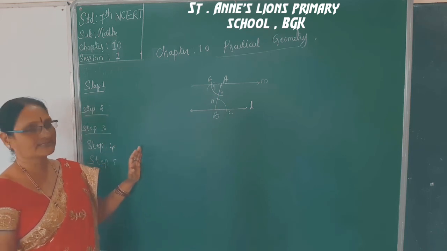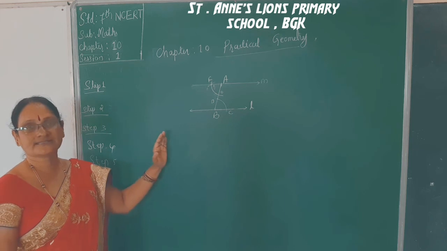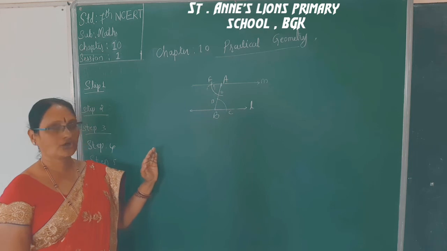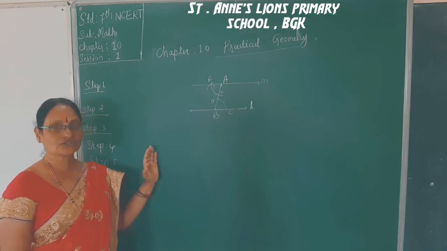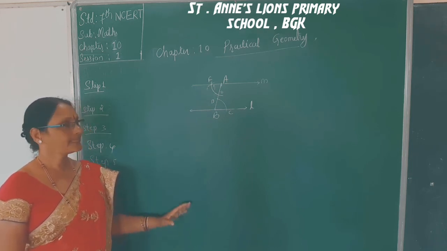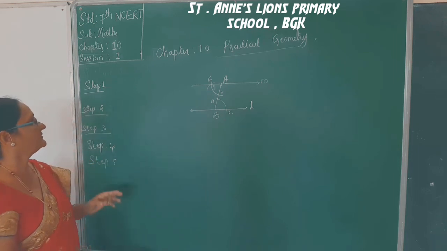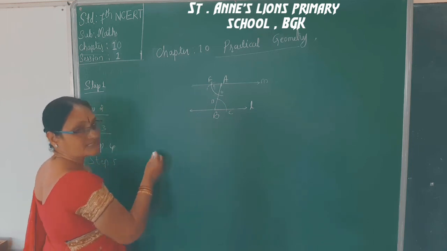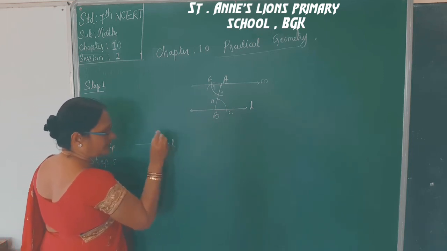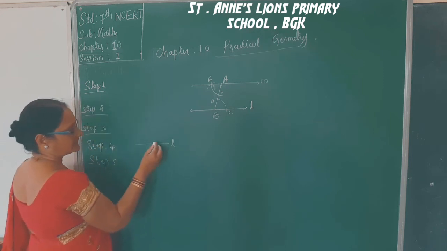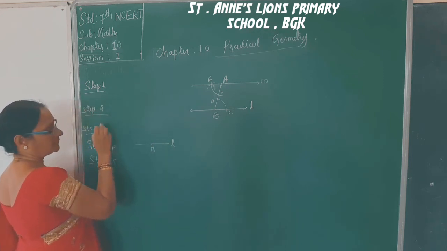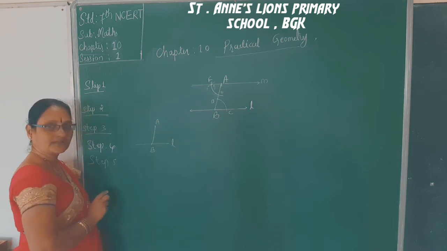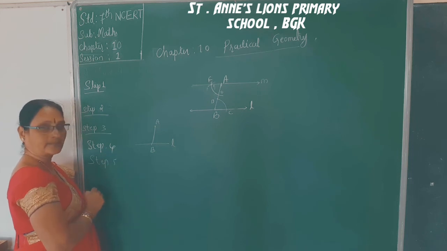So on this basis, you have to construct the exercise 10.1. There are 3 sums that you have to construct. I hope you understood. Once again I explain the steps. Then you can go through the exercise. First, draw the line segment L. Once again roughly I will put the sketch here. See, draw the line segment L. Okay, and mark the point B on it. Step 2, given point is here A. Join this AB. Rough scale and rough diagram I am drawing.